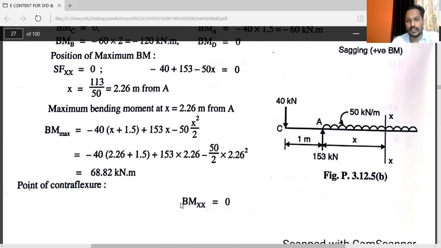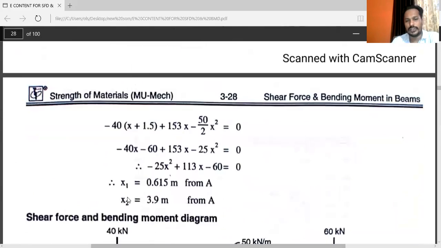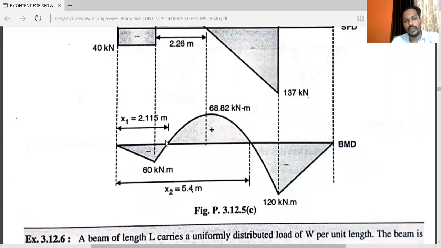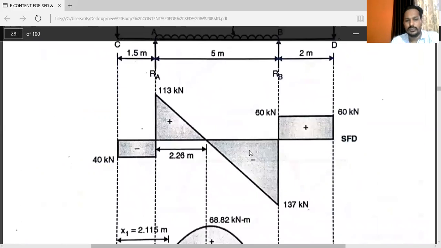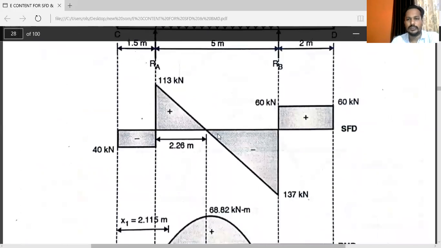point of contraflexure. As we know that where the bending moment at XX is equal to 0, that is the point of contraflexure. You can see this diagram. This one is first section where the bending moment is 0. Here one more intersecting point, there the bending moment will be 0. So to calculate this, you have to extend this point on the